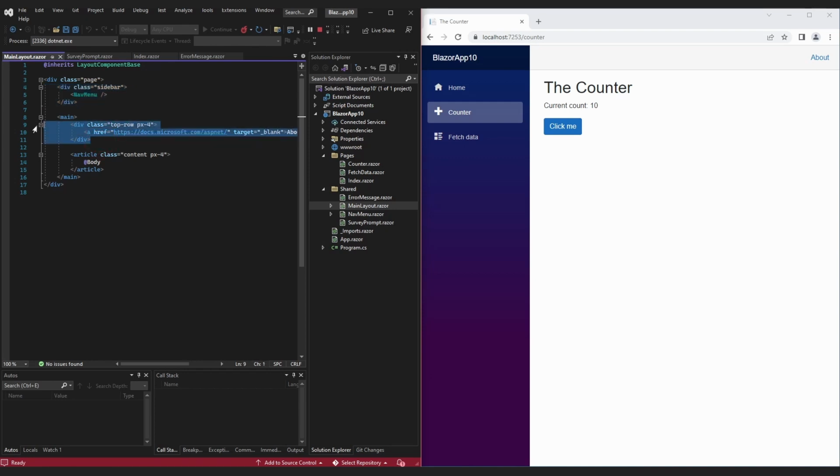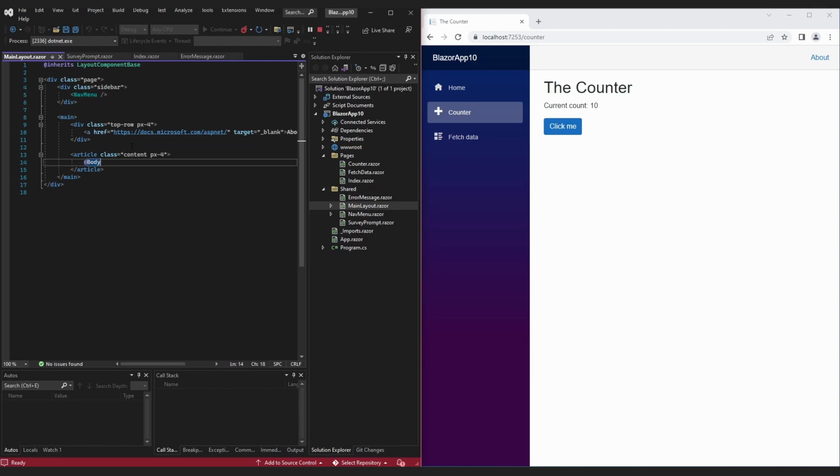Then on line 9, we've got this div and a link, which is used to display this grey box at the top of the page. And lastly, and most importantly, we've got the body tag, which is on line 14. And the body tag is used to specify where you want the code for your pages to be inserted.